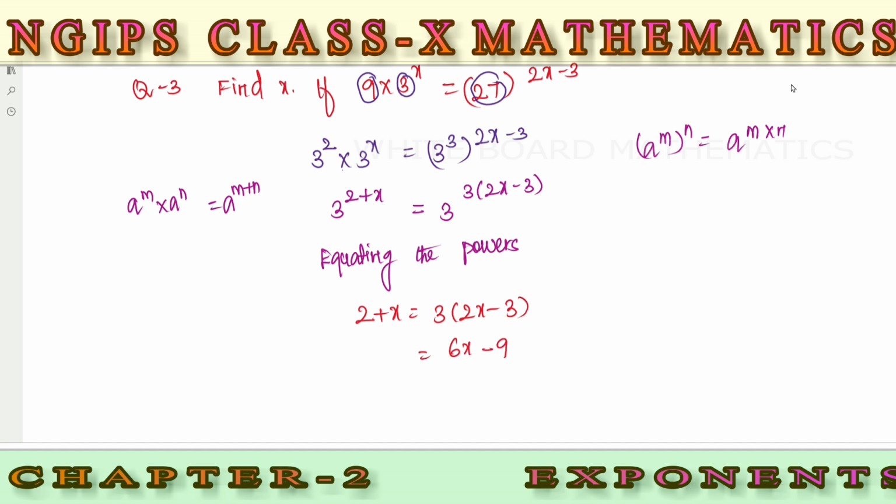So in the left hand side as it is, we have 2 plus x. Now we will take variables together and constant values together. So 2, when you shift this minus, it will become plus 9. When you shift this plus 6 to the opposite side, it will become minus 6. So 6x minus x is going to be 5x. 9 plus 2 is going to be 11. We need to find x, not 5x. So I will shift this 5 to the opposite side. It will become 11 by 5.